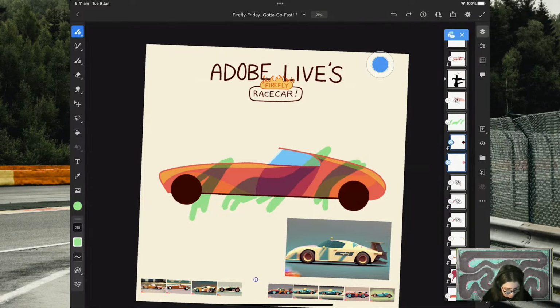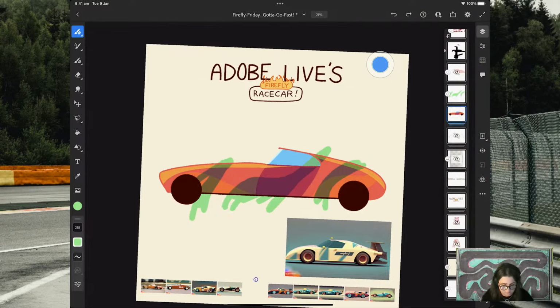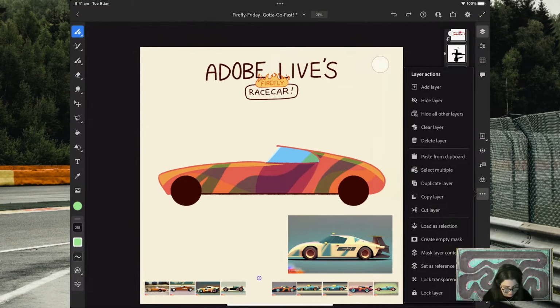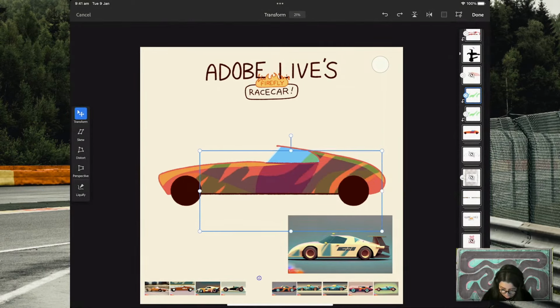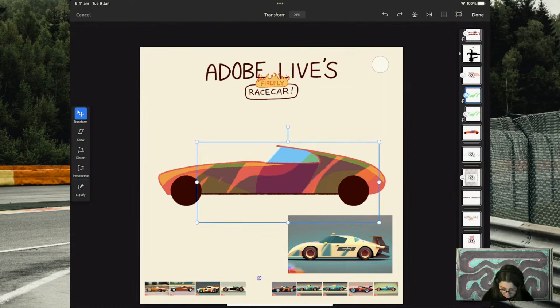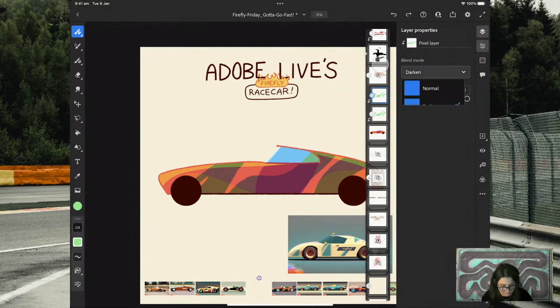And group all our base and clipping mask layers together so that we can just clip that in, duplicate it. Let's see, move it just a tad, and do